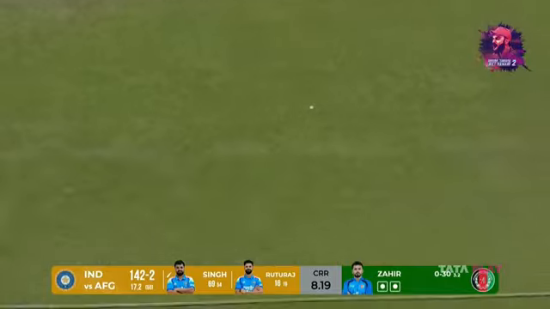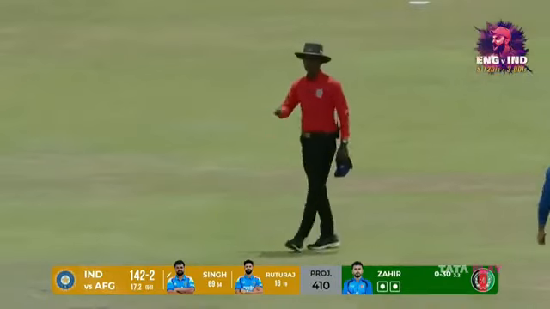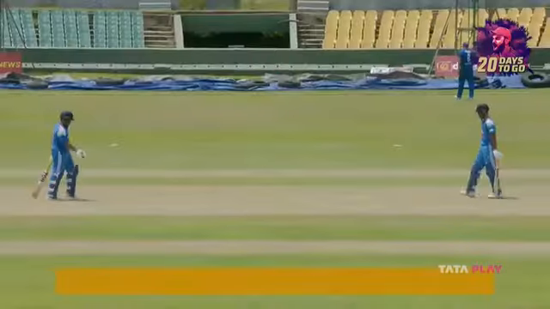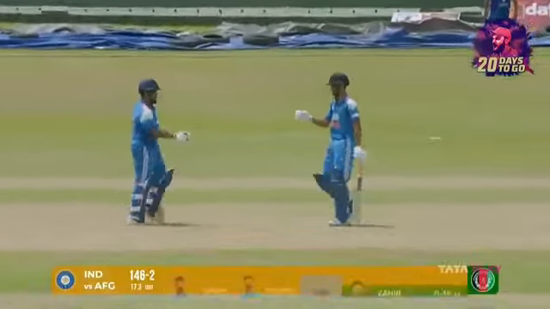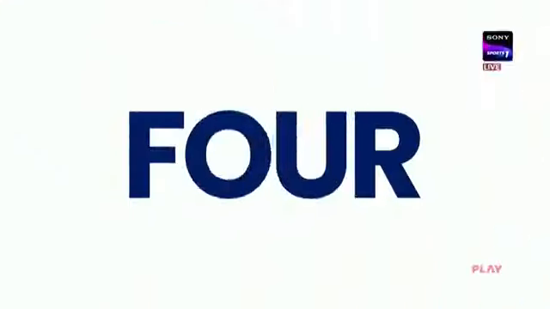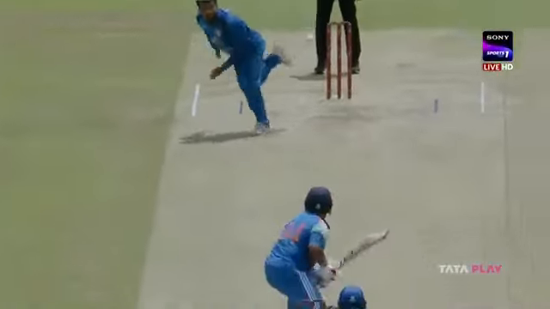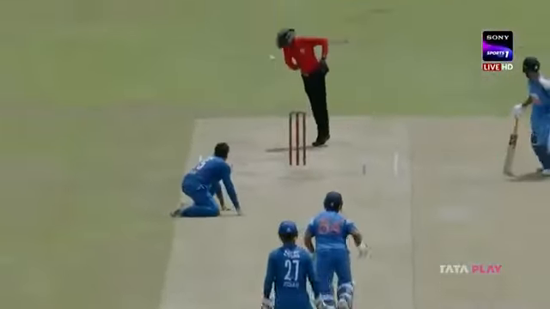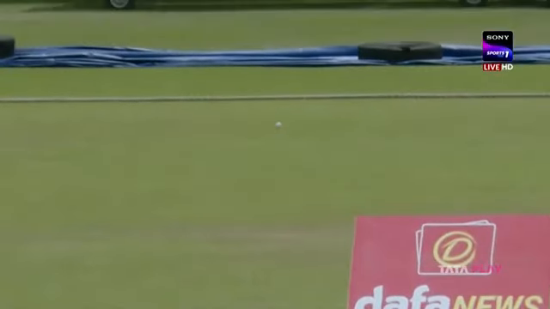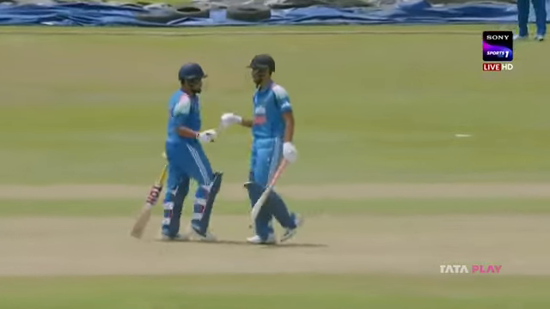Oh, full toss once again. Slight misfield from the bowler itself. And Prabhsimran Singh gets another boundary downtown straight. Yeah, you need to expect these kind of balls from the wrist spinners, but he's been doing this too many times. He's giving freebies to the Indian batters, and every time there's a dot ball pressure building up, there's a boundary that comes from the